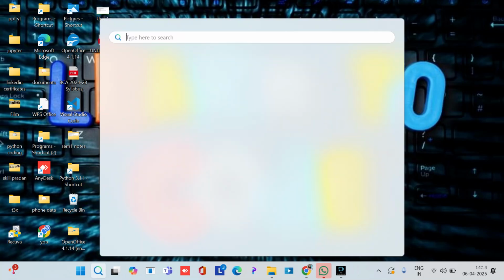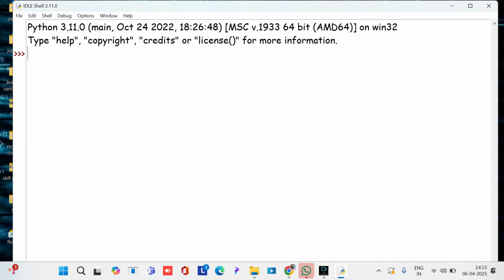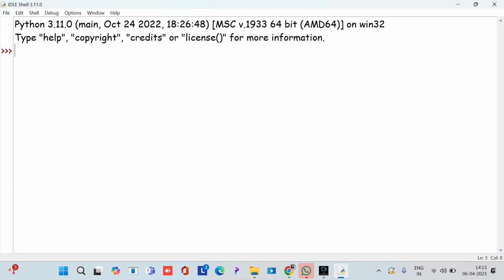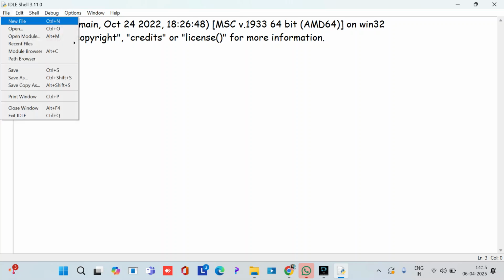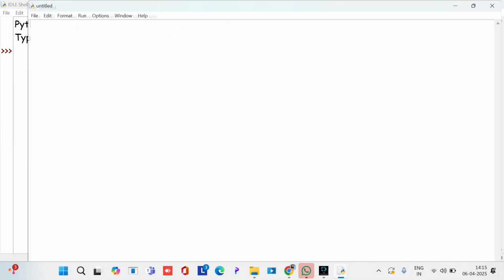First, go to search bar and search for IDLE. You can see IDLE Python 3.11 64-bit. Open this. Then you can see IDLE shell 3.11.0. Then go to file and select new file or press Ctrl+N to open a new file. Now you can see an untitled page here. Write your code here